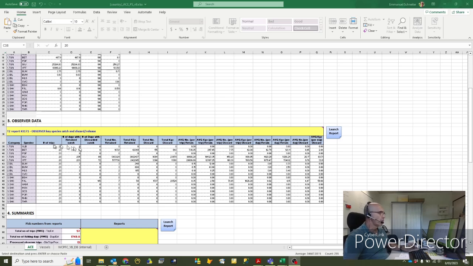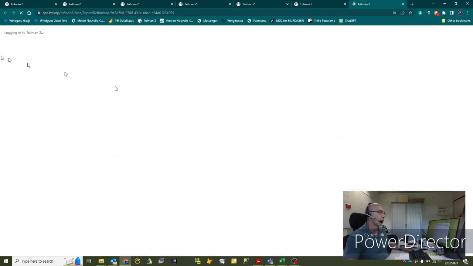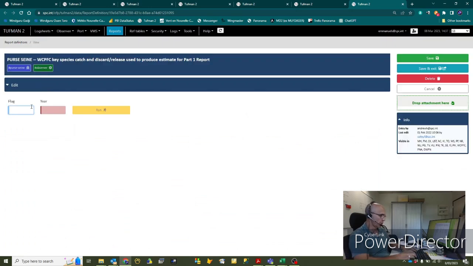Just a quick note on this observer data. It might be that for your country, because of the COVID situation in 2022, there might not have been any observer data. In this case, instead of using 2022 in the report, in the Toughman 2 report, you could potentially use 2021 or even 2020 or even 2019 if in the last 3 years you haven't had any observer data at